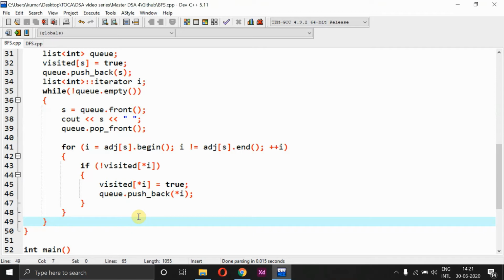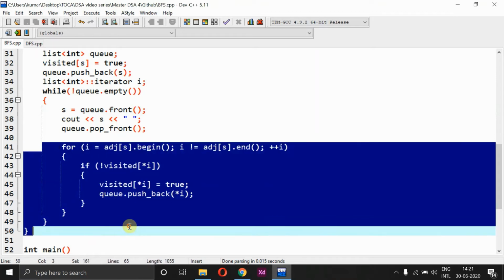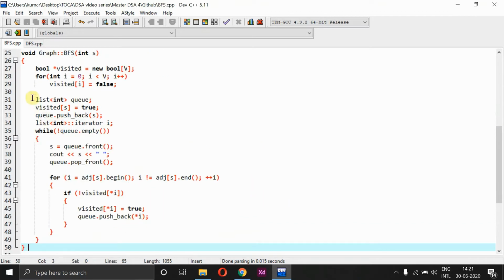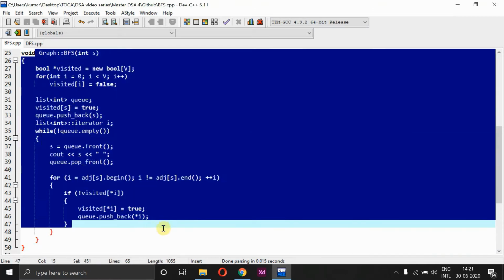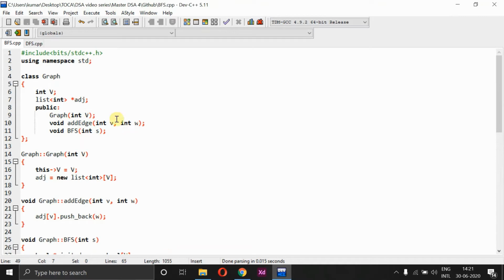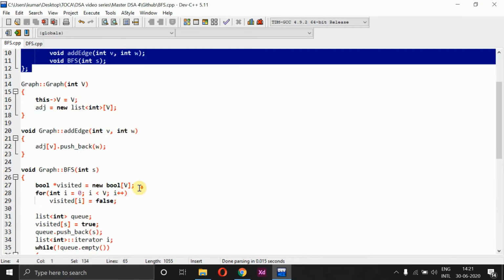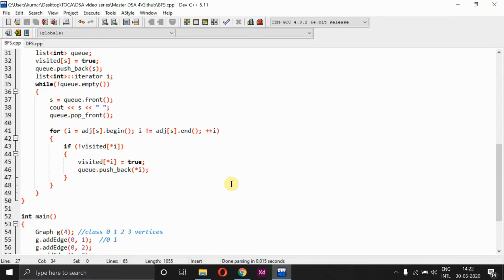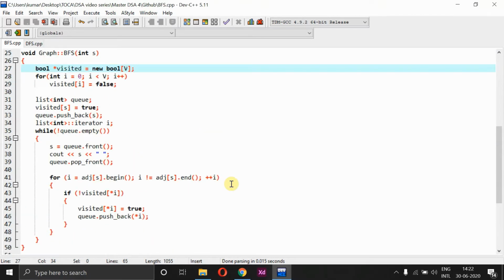Again, take a paper and a pen, and try to traverse through the entire for loop so that you will have an idea how this algorithm actually works. The only thing you need to remember here is this BFS part, which is the most important thing. Other than that, everything is just the implementation part, and there is nothing happening beyond this. So make sure you go through this BFS method alone so that you have a clear idea on how this algorithm works. It is just 25 lines, from line number 25 till 50.